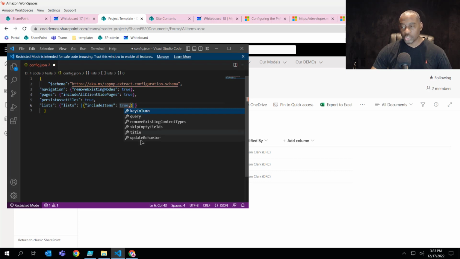Again, for the description of what each one of these means, you have to look at the schema. I know just by practice that I don't need this. I don't need a query. I don't need to remove existing content types. I don't need to skip empty fields. And then the title is the name of the list that I want to bring items in. So this is going to be